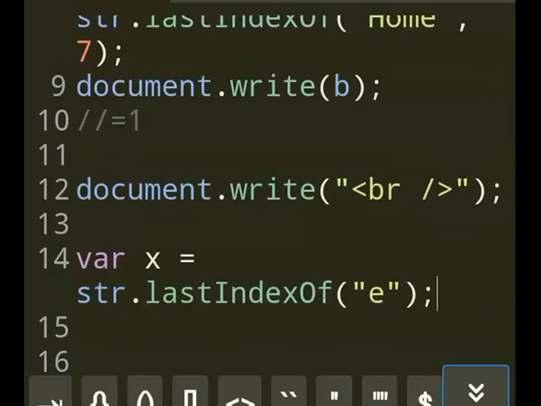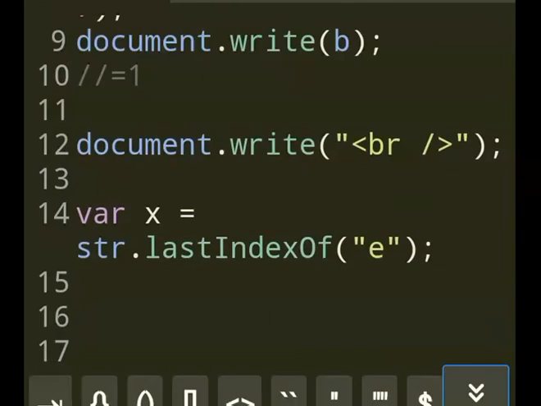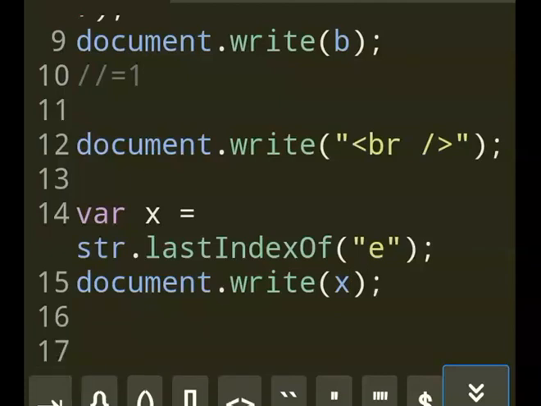So the answer should be 18 because it's starting from default 0. Oh, I forgot to test it out by calling it. So I have to call it by document.write within brackets x because I need to test out the result. It should be 18 by our calculation. There you go, it's 18.